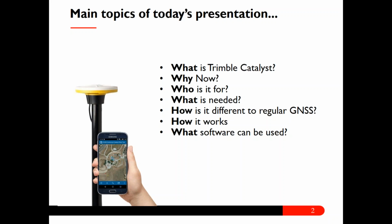Good morning, everybody. Thanks for signing on. We're going to be talking about Trimble Catalyst today, one of the newest solutions that Trimble has to offer. And just a quick checklist of what we'll be covering today. What is Catalyst? Why are they doing it now? Who is it for? What do you need to run Catalyst? And how does it differ from some of the existing GNSS solutions? How it all fits together, and different software platforms that can be used. So with that, we'll get into